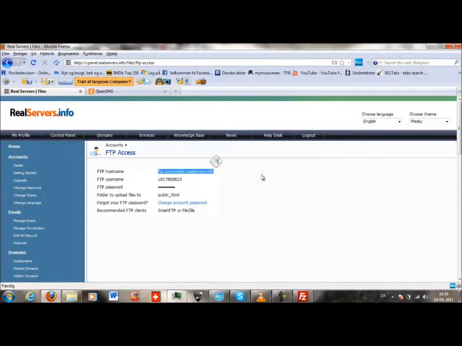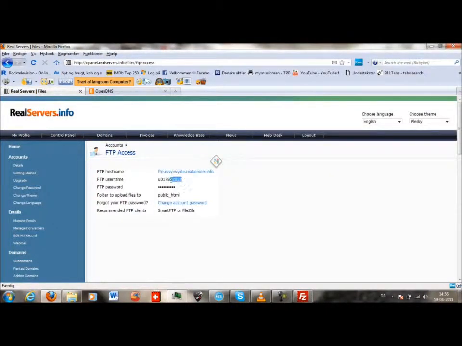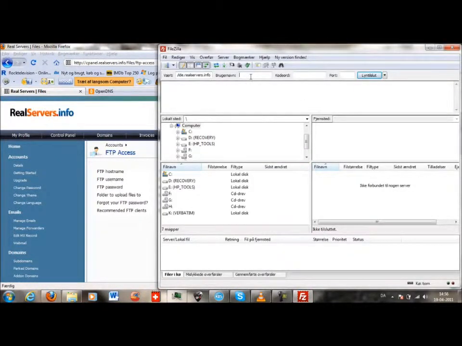Copy this host name and paste it into here, and then you take your username and set it into here, and then type in your password. It's the same as the control panel in real servers. And then connect.